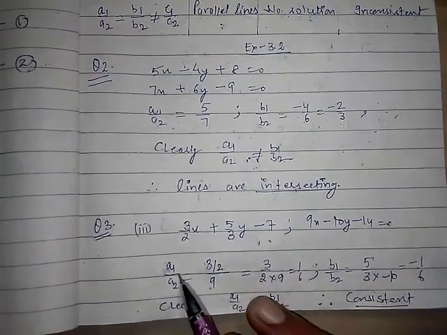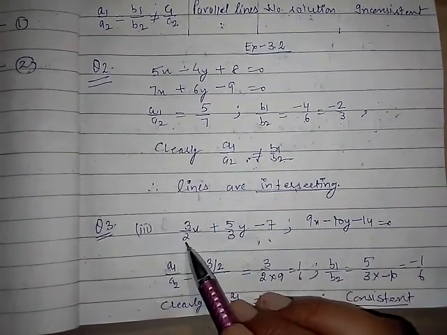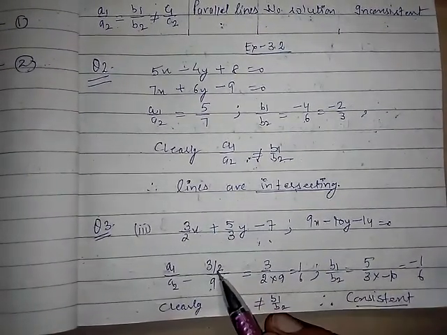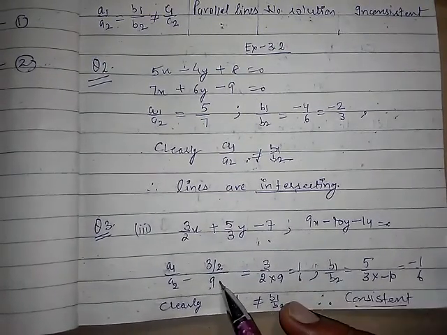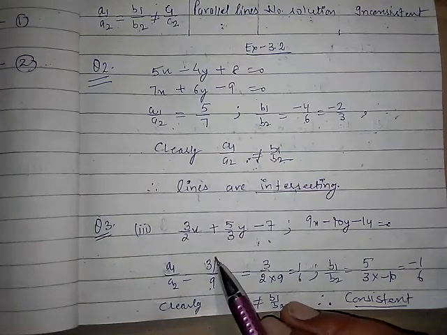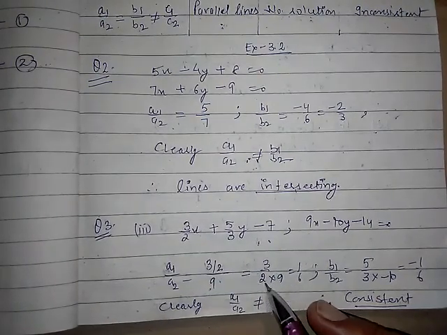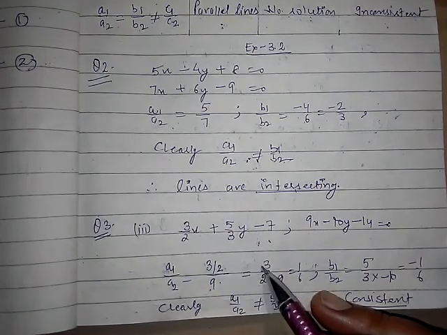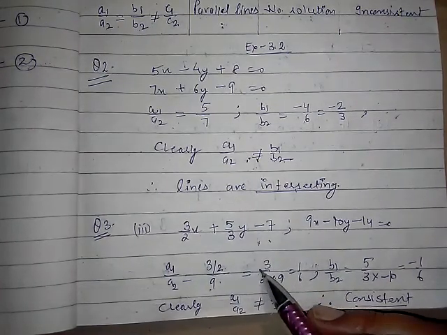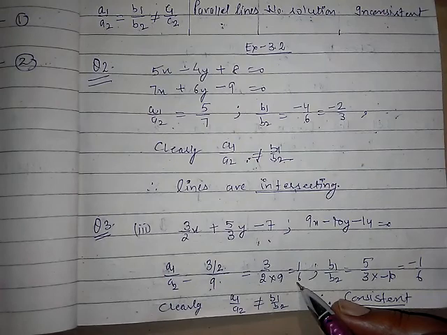Now see, a1 upon a2 is equal to, now what is a1 here? 3 by 2 I have written in the numerator, upon a2 that is equal to 9. So the method of solving it: 3 by 2 multiplied by 1 upon 9. This 9 will cross over here. Clear? So this is the part of the calculation. Now 3 will be cancelled out here. That will give you 1 upon 6.